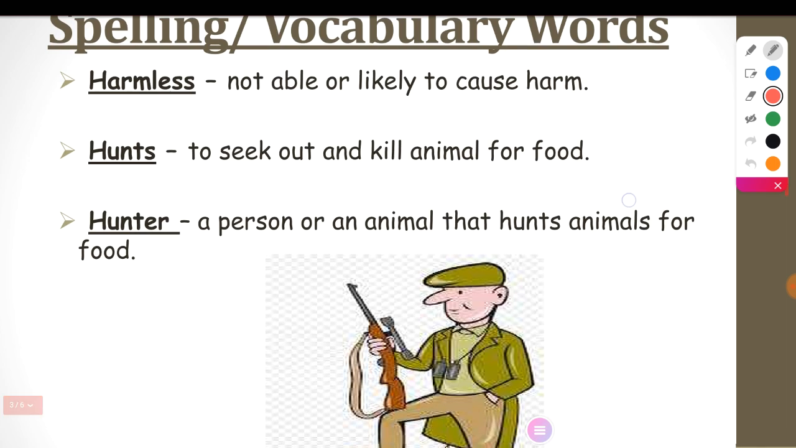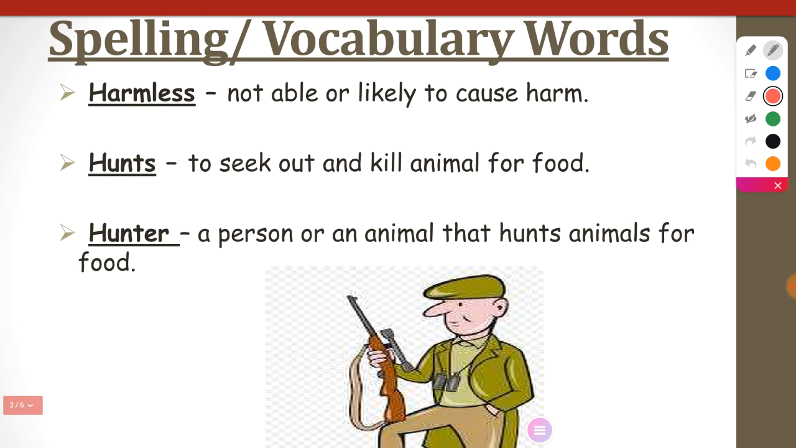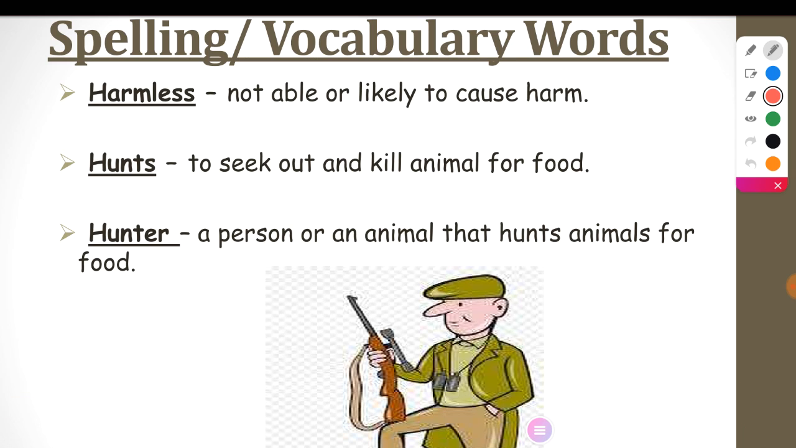Right here, we have two words which don't have any picture. I'm sorry about that. So we have here the word harmless. What do you mean by harmless? Harmless means not able or likely to cause any harm. It means it's not dangerous. It's harmless. Okay, you do understand this, right? So we have the next word,